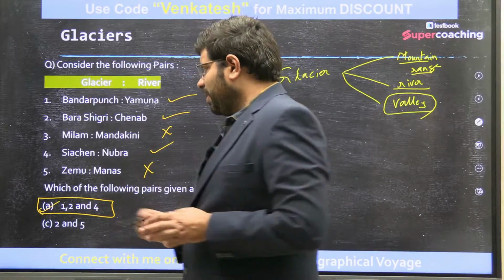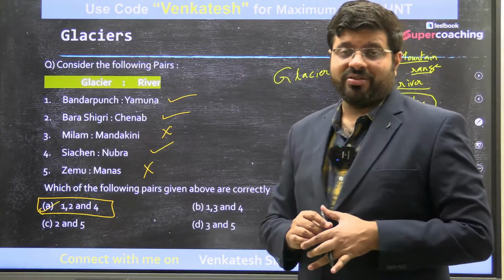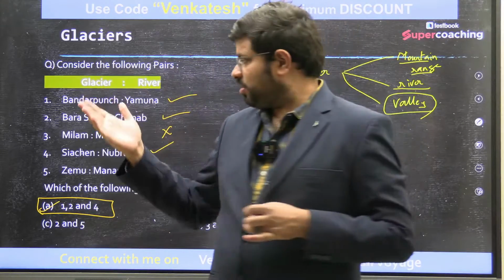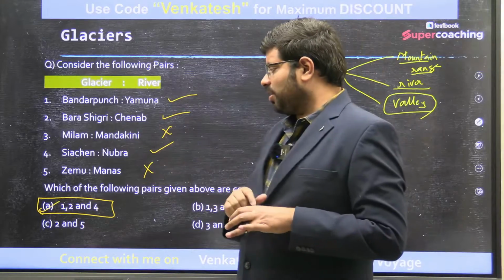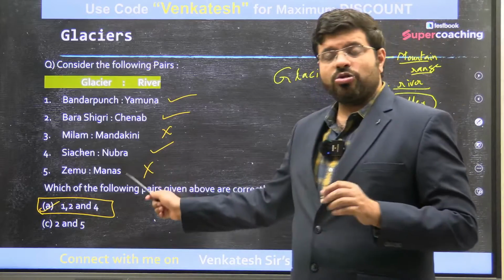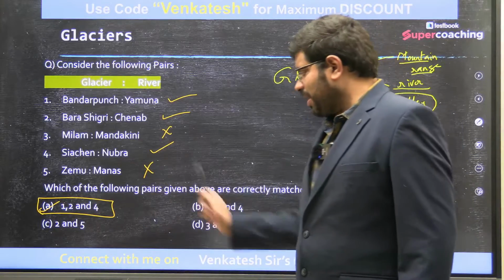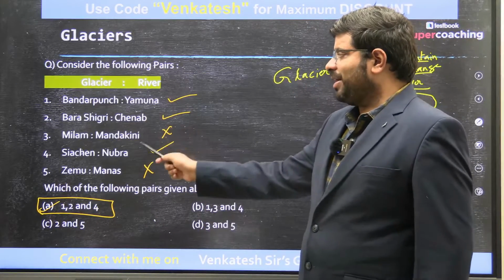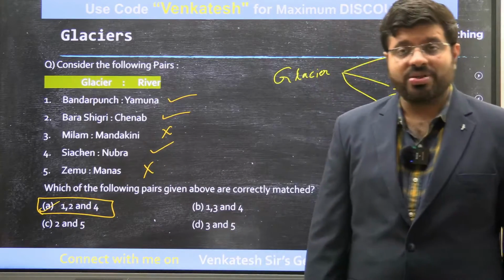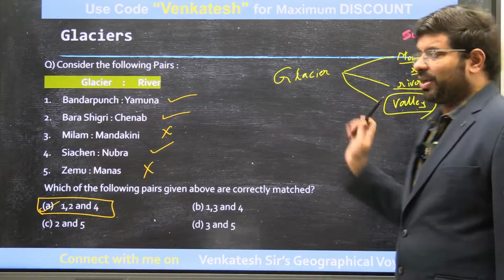If you know that Siachen and Nubra are a very prominent centre of glaciers, very much in the news because of the India-Pakistan conflict and the highest battleground of the world, then even from Nubra Valley and Siachen, you should have got between A and B as the options. Siachen, Nubra Valley is the easiest option given here. From that, you should have gone for A and B. Then you have to think whether 2 is right or 3 is right. You have to check it. So that is how sometimes the options work. I will explain these things in the question. I am just giving you a perspective.